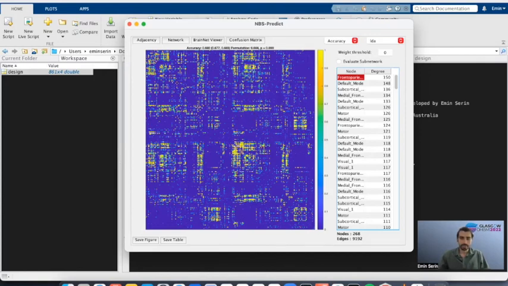As I said before, the main outcome of the NBS-Predict is the mean matrix along with the overall prediction performance. We can also further threshold this mean matrix to visualize a subnetwork with the most relevant edges. To do that, just set the weight threshold on the right-hand side to 1.